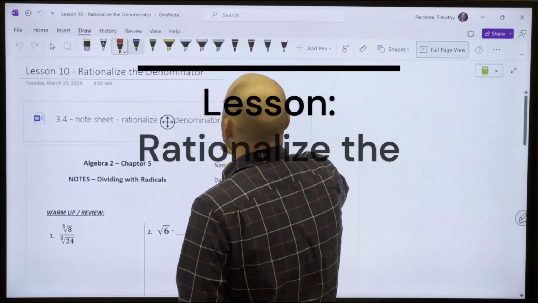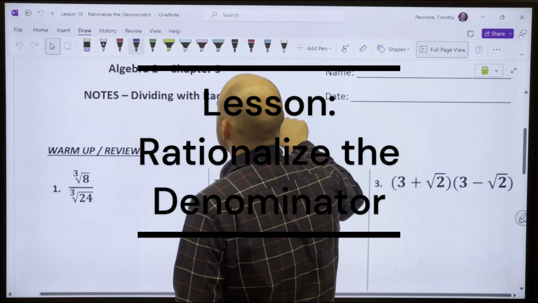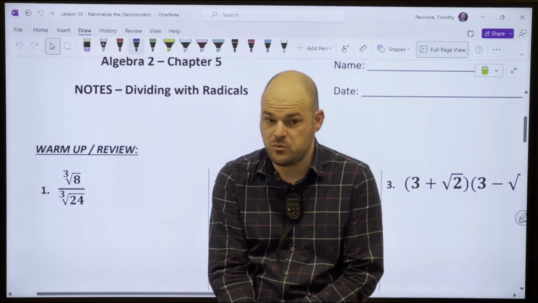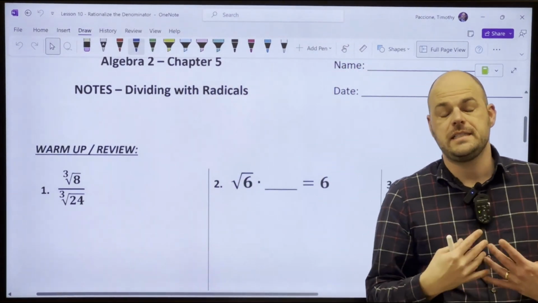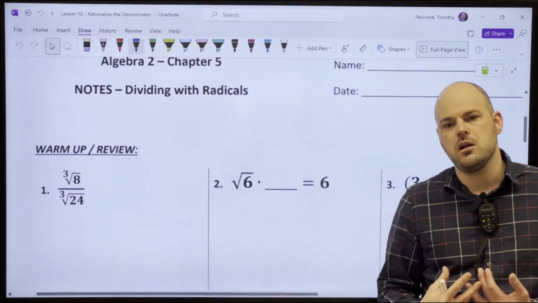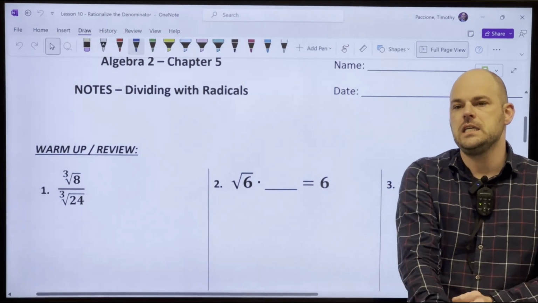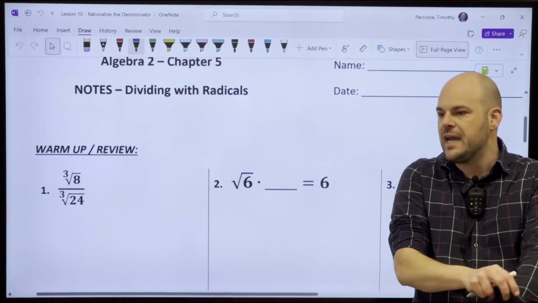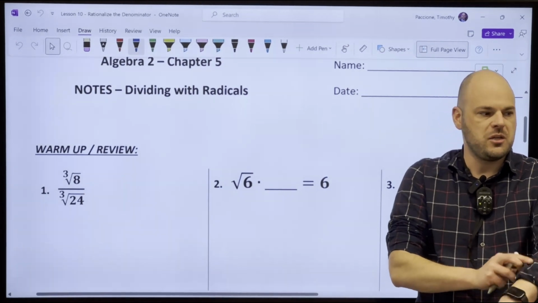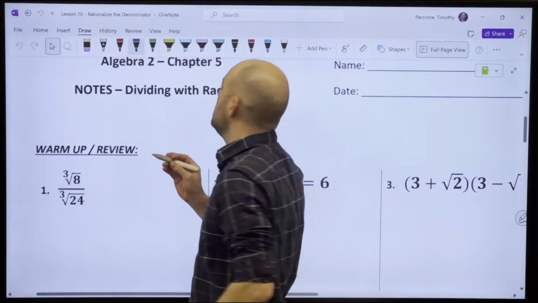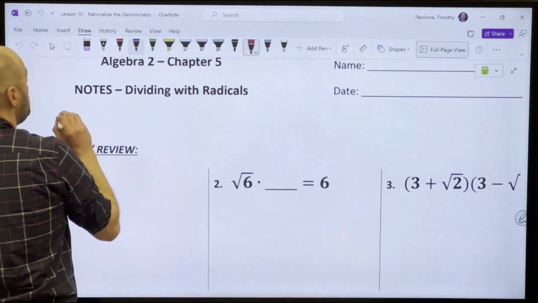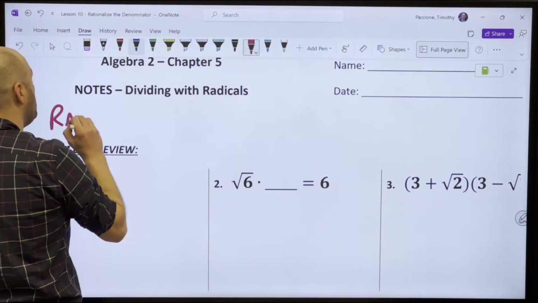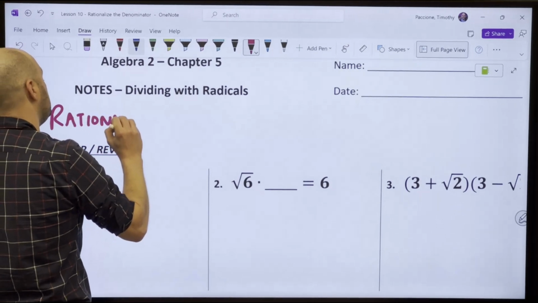All right, so today's lesson is called dividing with radicals. We've done adding, subtracting, and multiplying. It's time to talk about dividing, but really what we're talking about is when we end up with division in our answer, how do we make sure it's simplified? And there's a subheading here that I want you to add called